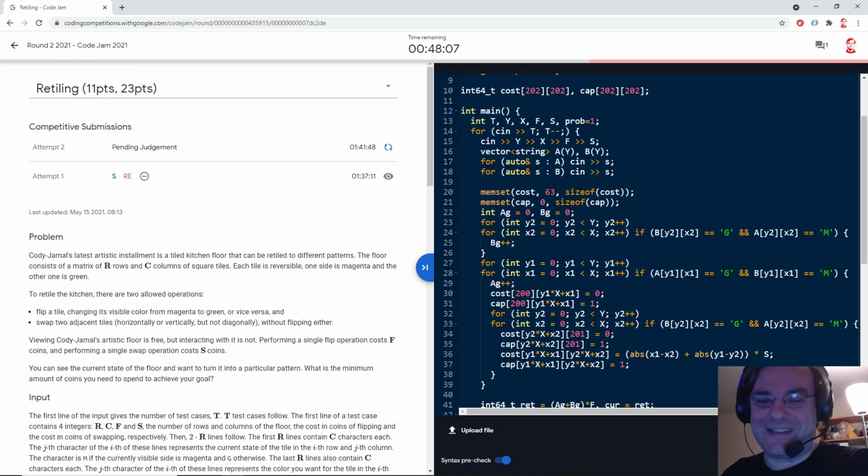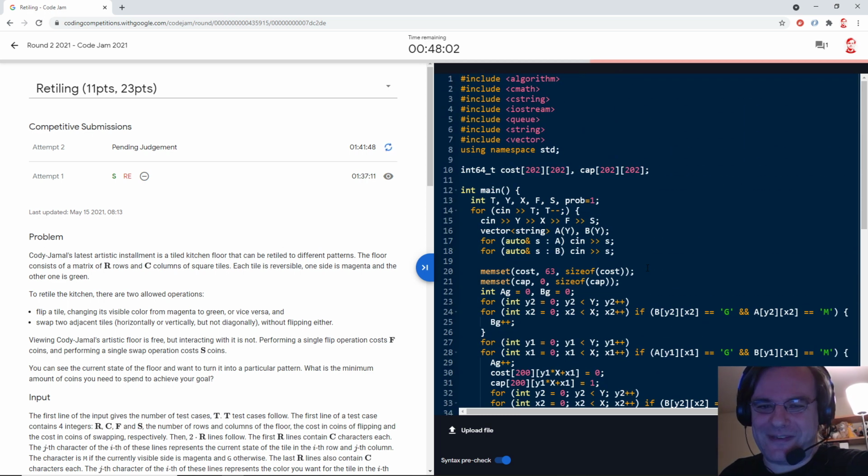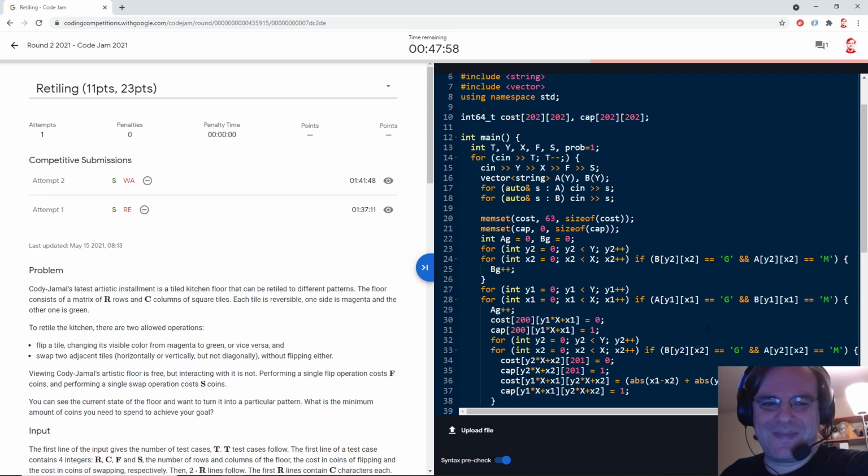I'm kind of lucky that I caught that, but that's why you put in the boundary cases, and fortunately, that was a boundary case that happened on. Okay, wrong answer.